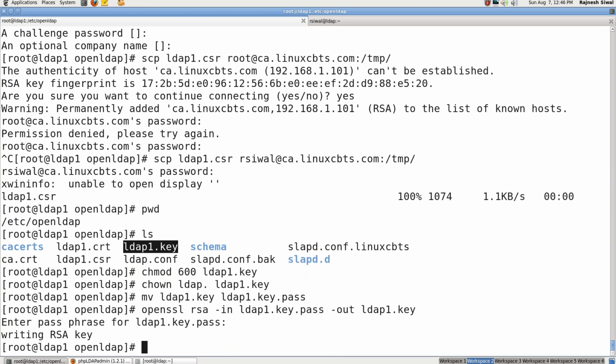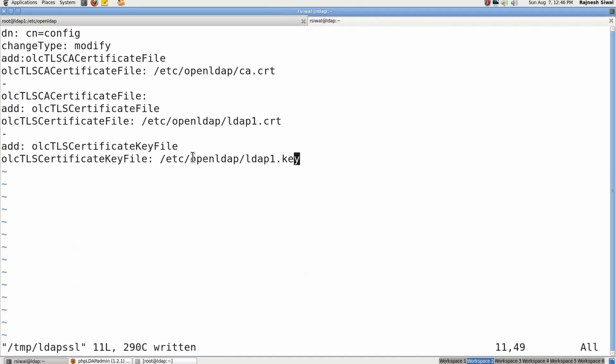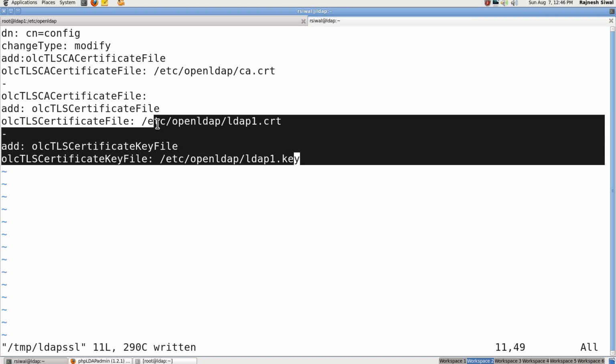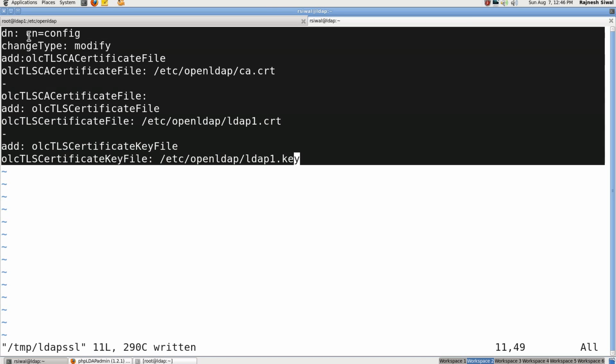So now we have ldap1.key without any password. So this is the TLS certificate key file ldap1.key, certificate file ldap1.crt, and we are fine with it.